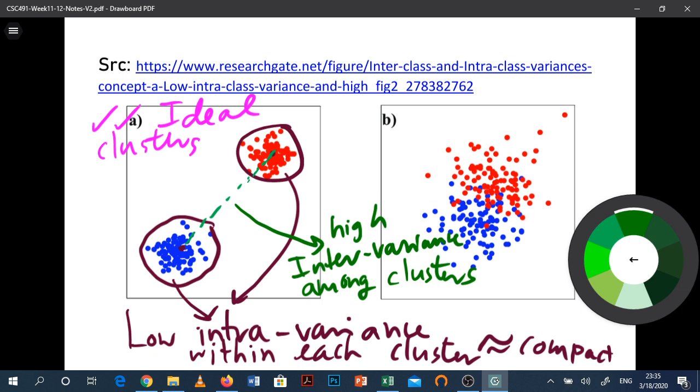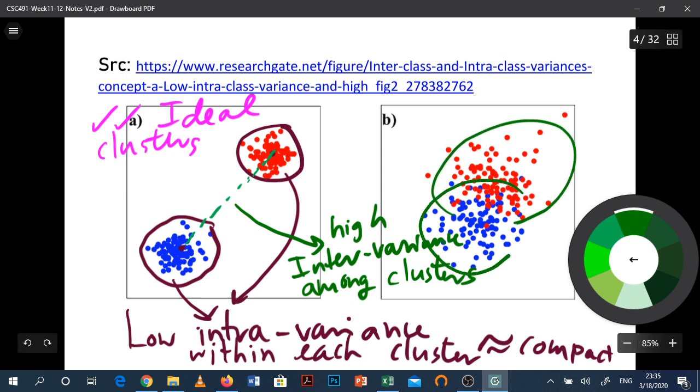The picture on the left is definitely ideal clustering, whereas in picture B on the right, you can see a high degree of overlap. There is also a lot of empty space, so it's not compact. Picture A is definitely an example of good clusters. But in real life, you might find some degree of B. It's not ideal, and we would not see something like the left example every time.